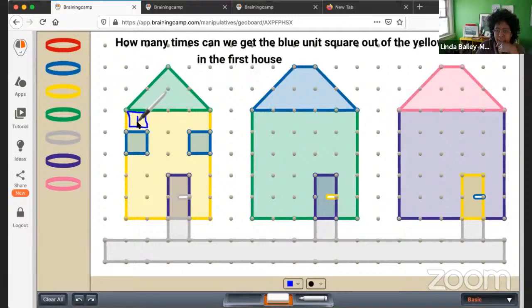So I'm going to just write it. I'm not going to draw out the square every time. 2, unit square. That's my second unit square. 3, 4. So I want you to notice what they would call the base of the house there. There's 4 across. We have 4 squares going across. Let's count now. 5,